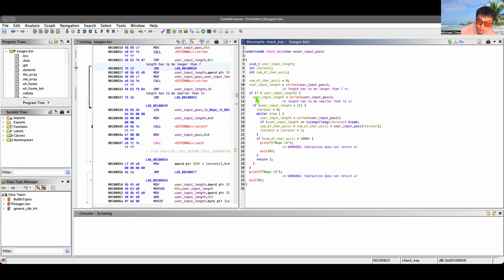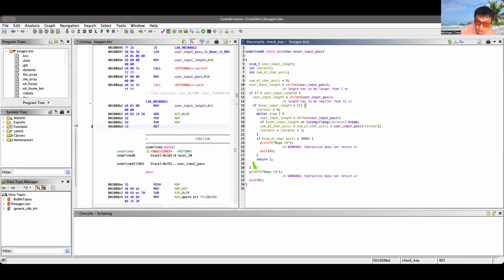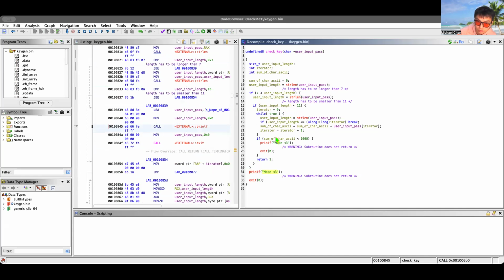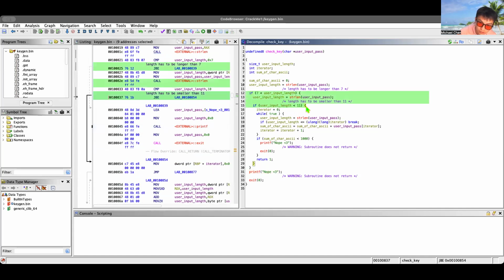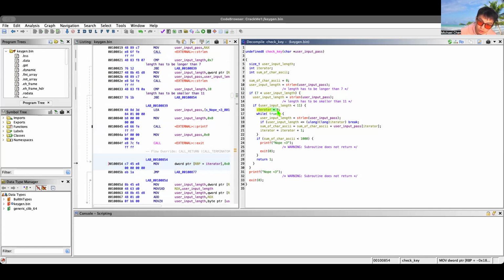If it is bigger than 7, but if it's bigger than 11, then you'll return here once again, and then you'll exit, boom, print note. So your first two conditions are bigger than 7, smaller than 11. While that is true, you'll start at the iterator, which is the first element of the string. While it's true,